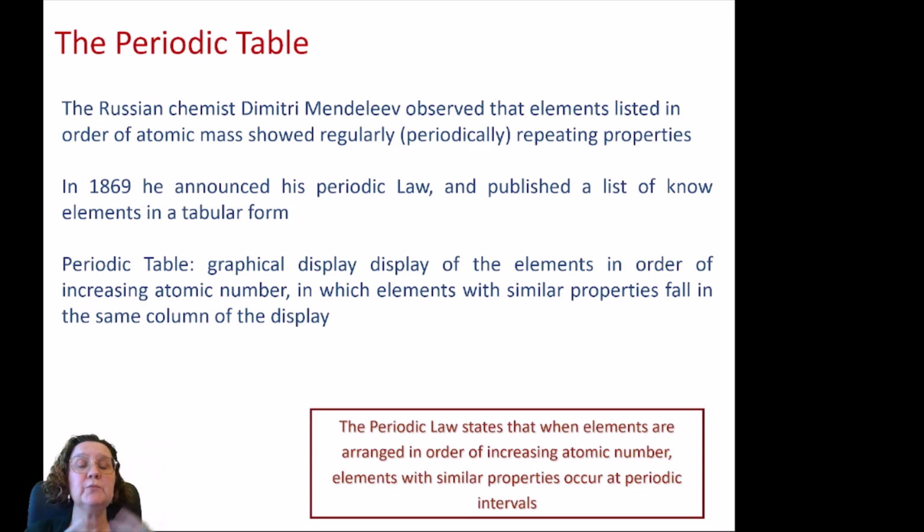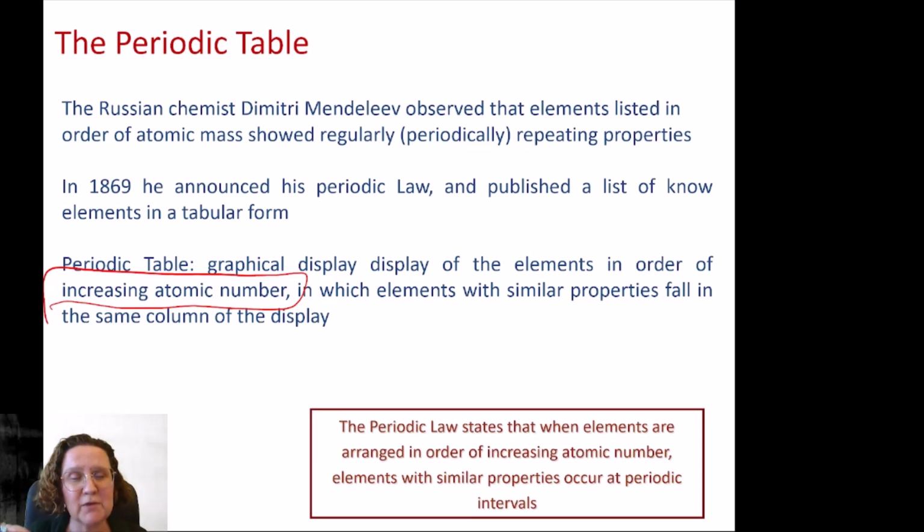We chemists use the periodic table because it's a graphical display of the elements in order not of mass, because now we know that mass is a tricky thing because you have the isotopes, which Mendeleev didn't know. This was 1869. Remember, neutrons were not discovered until 1932, so it's not about how much they weigh,